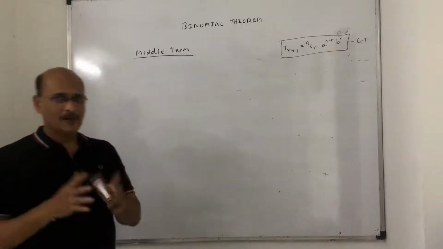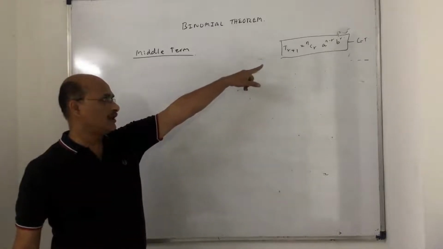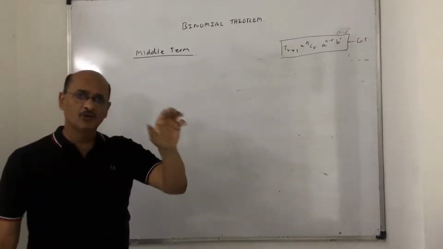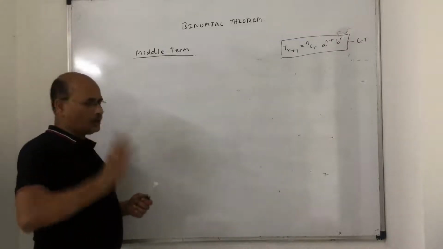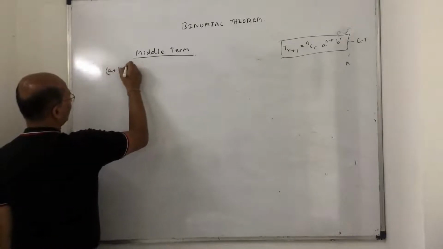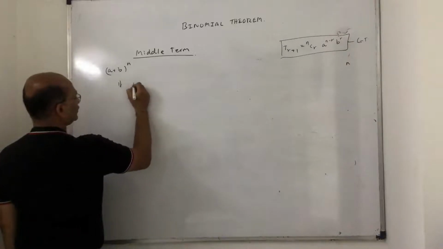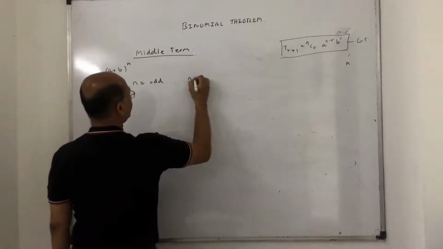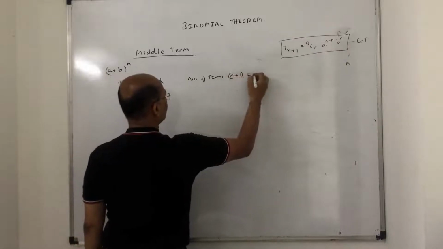Children, we learned the expansion of a plus b raised to n. Then we went into the general term, which I mentioned over here, nCr a raised to n minus r b raised to r. Now the next case is to study how to find the middle term of an expansion, a plus b raised to n. Just to share with you something, for the expansion a plus b raised to n, listen to it. There are two cases. If n is odd, the number of terms will be n plus 1, which will be even.